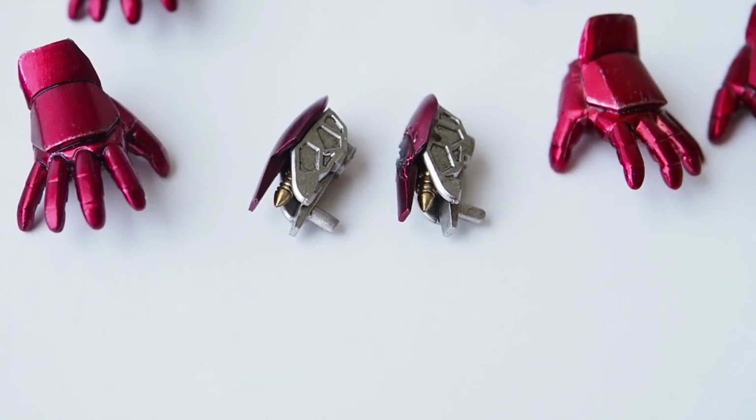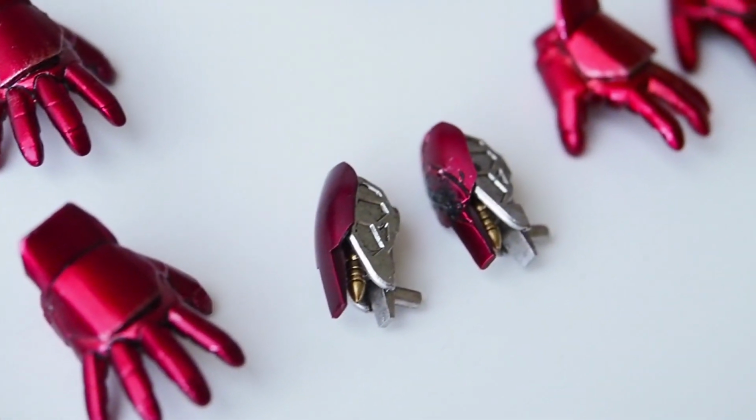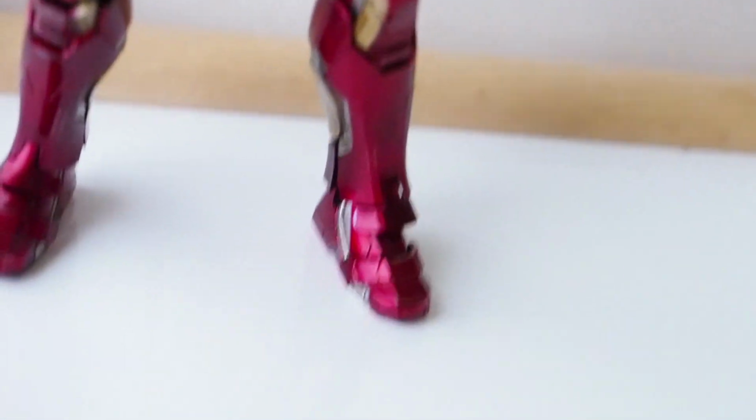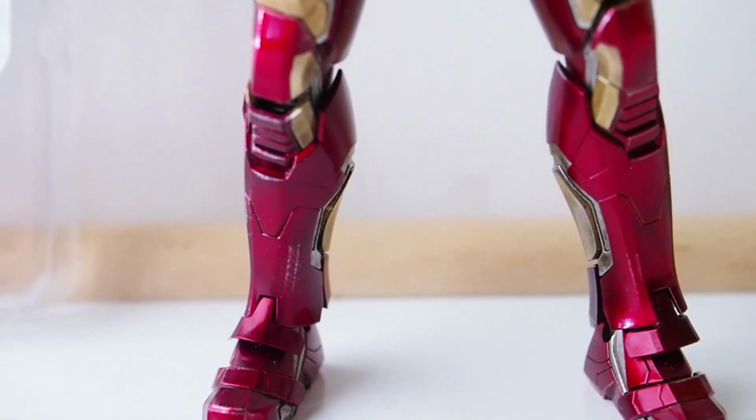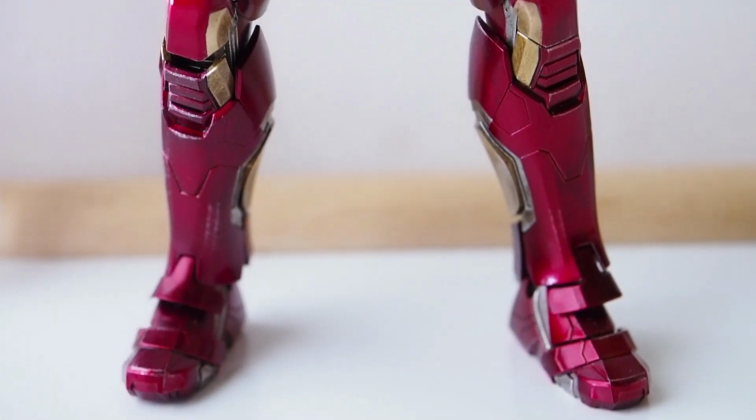And then here are the two rockets. One is somewhat battle damage looking, while the other one is not. And let us look at the figure itself now. Okay, so let me do a little focusing right there. Okay, so we start from legs up,